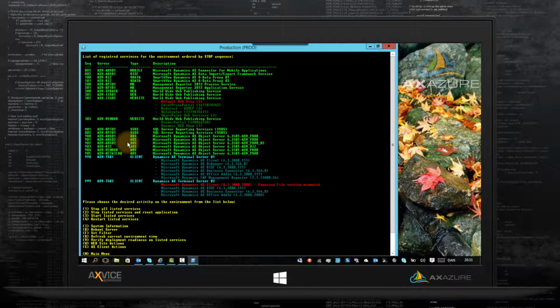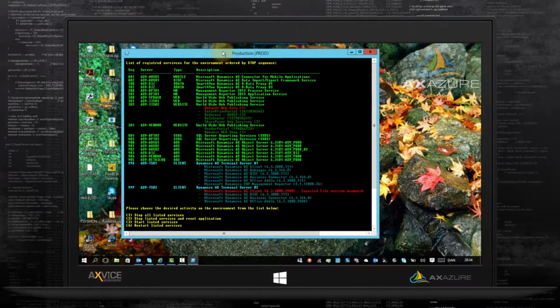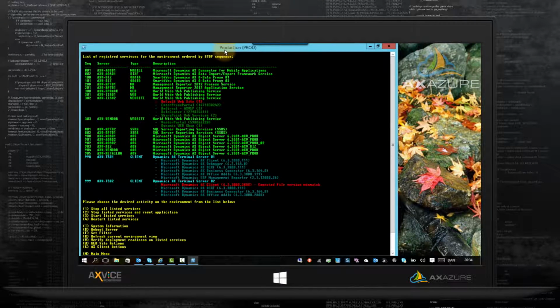Obviously, when you have a Dynamics AX environment, AOS server is a pretty vital system. And you also know that if you have a problem with your application and you restart the application from scratch, so stopping the service and starting the services, a lot of times this will solve your problem.